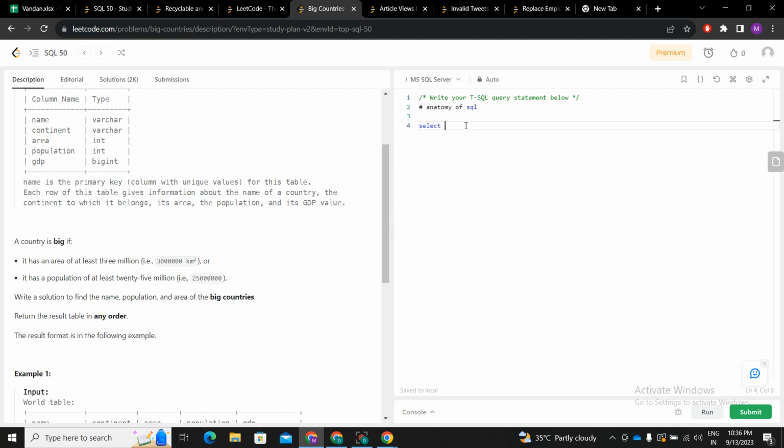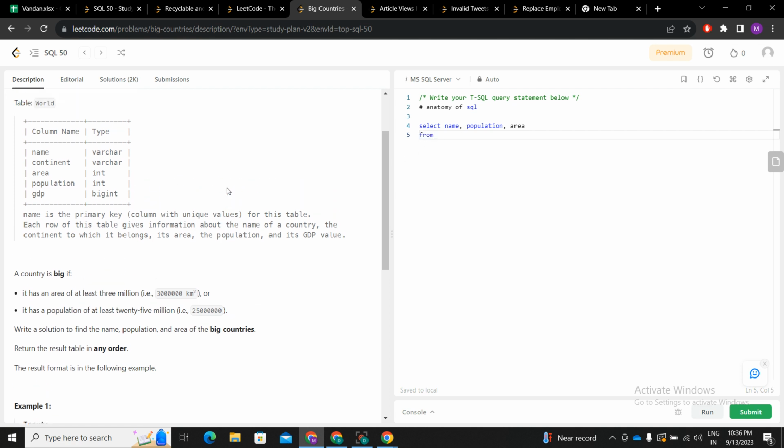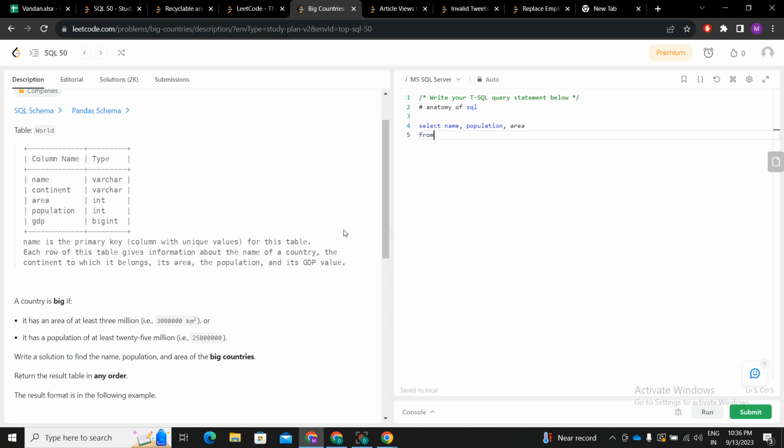So select name, comma, population, and area. Population is highlighted, I don't know why. And from the table named World